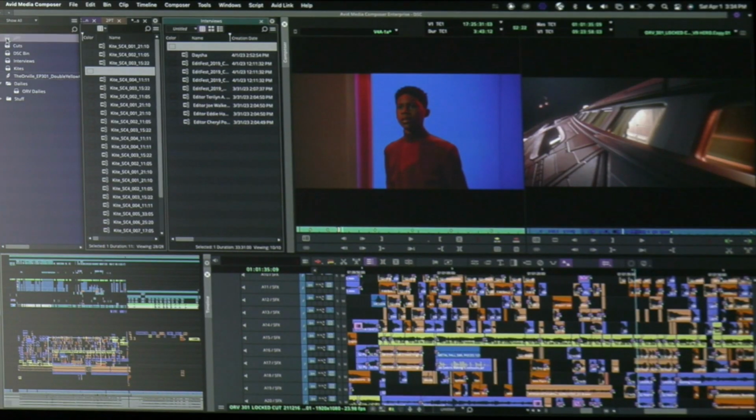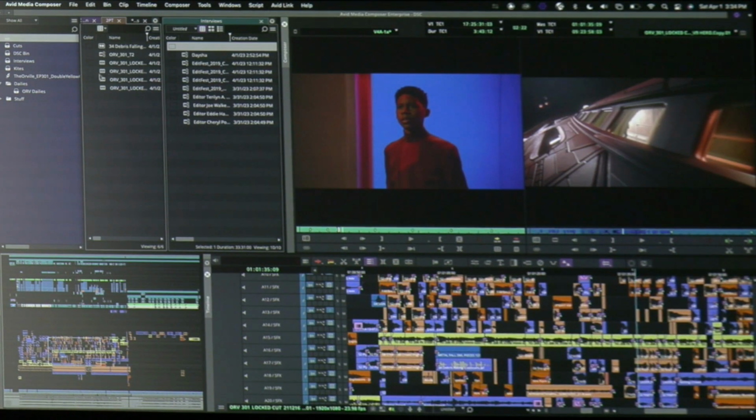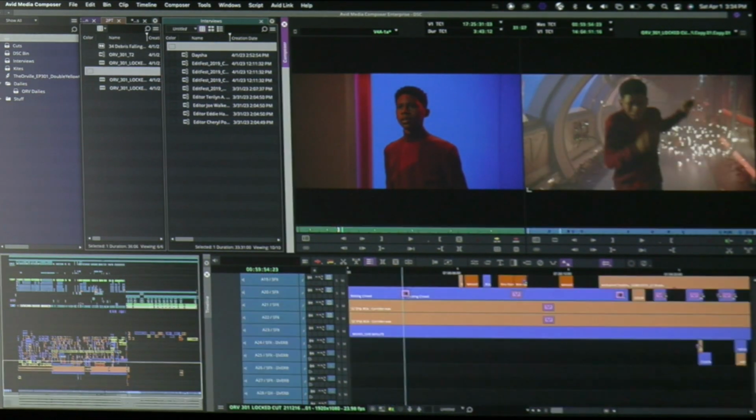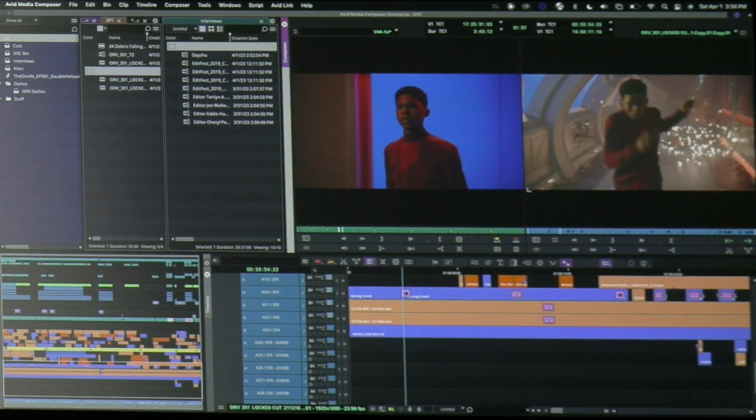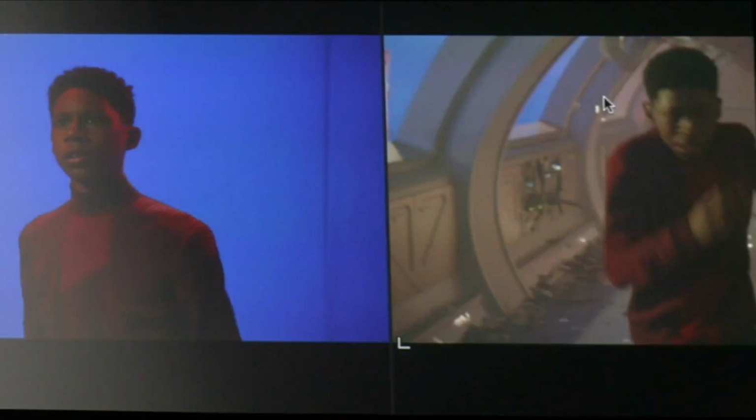We just introduced the ability with Media Composer Ultimate and Enterprise to export a Pro Tools session directly from Media Composer. So what I can do is, let's take a little sequence here. I have a piece of it already broken up a little bit. But if I right-click and go to Export,